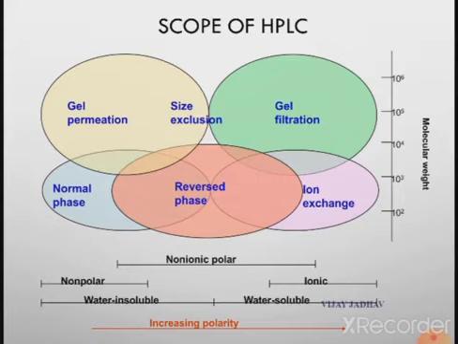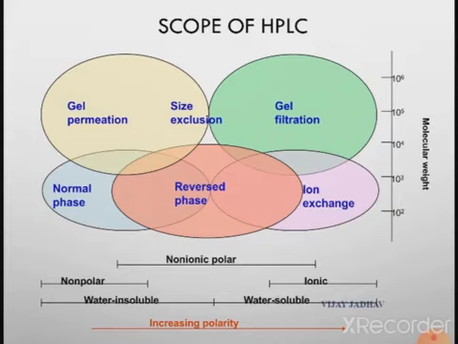HPLC is used to analyze non-polar compounds. HPLC is used to analyze non-ionic and polar compounds, and HPLC is also used for ionic compounds. As well, HPLC is used to analyze water soluble compounds, and in some fractions it may be applied to sparingly water soluble compounds. So overall HPLC is applicable to a number of compounds that are non-polar, polar and ionic in nature. So it has versatile applications.